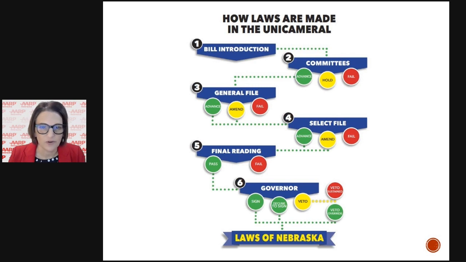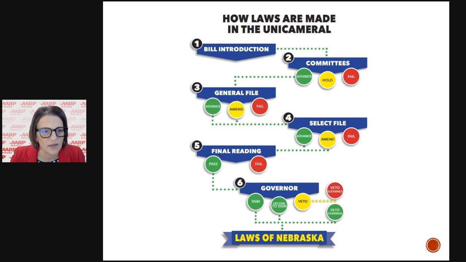Then again, general file, we then go on to select file, which is number 4 listed here, and then on to final reading. So those are the 3 stages of debate. Again, advancing it, amending it, or failing it in the general file on the select file side of things. If it gets to final reading, no amendments can be made at that point in time. And then finally, if it's passed on final reading, it then goes to the governor's desk for him to review